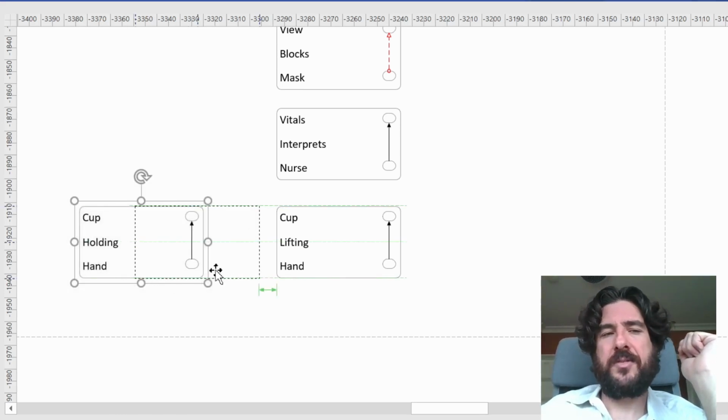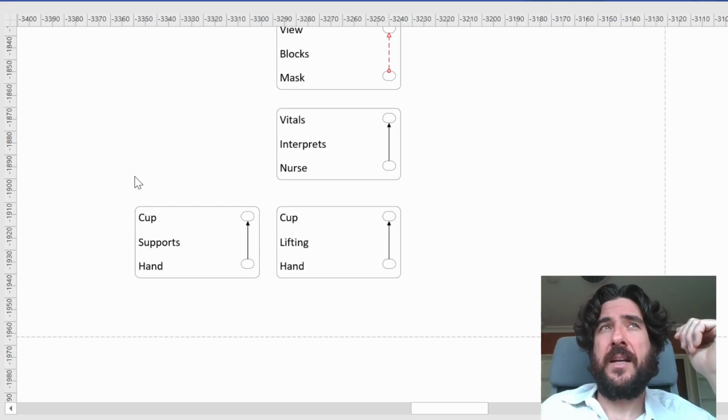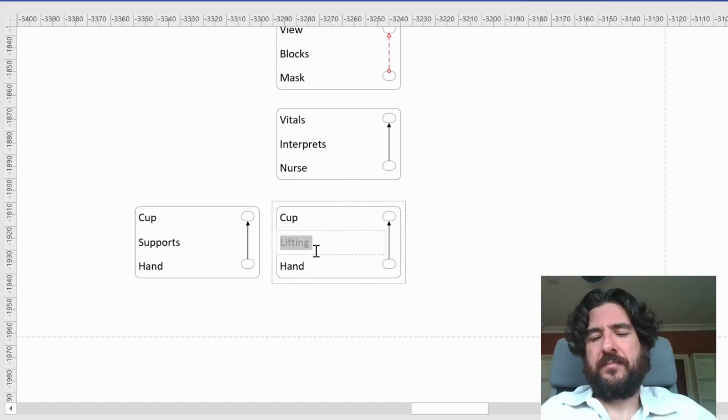Hand holds cup, hand supports cup. It's kind of up to you how you word it. Sometimes the wording is important. Sometimes it's just simply a matter of making sense to you. So in this case, let's say my hand supports the cup. And then let's say my hand, I'll put, lifts